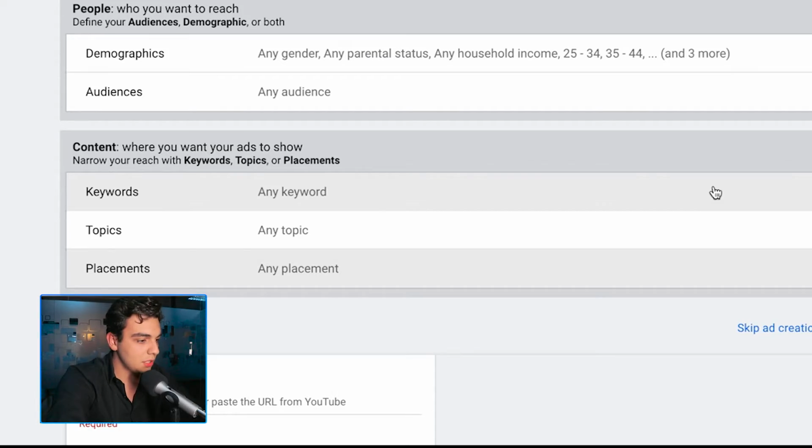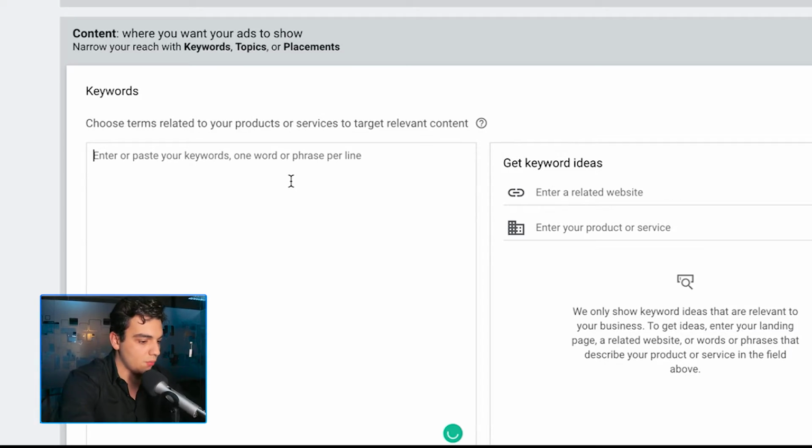Now, to do that, we're going to be looking at keywords and placements. So first of all, let's go to keyword. Just to give you an example, if you are selling a real estate product, your keywords would be something like real estate in Florida, or how to make money with real estate, or anything that has to do with real estate. For this funnel, I would probably go for how to build a sales funnel